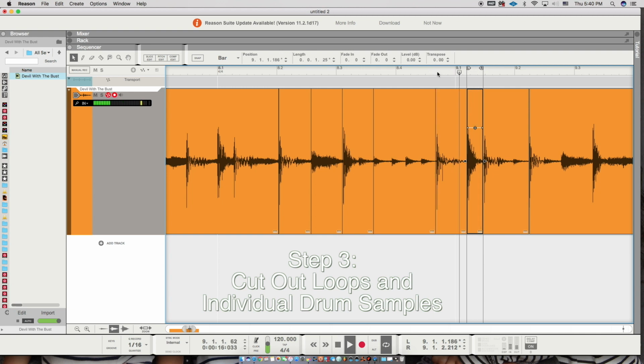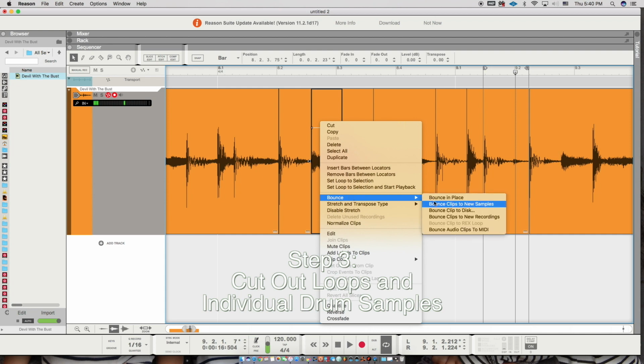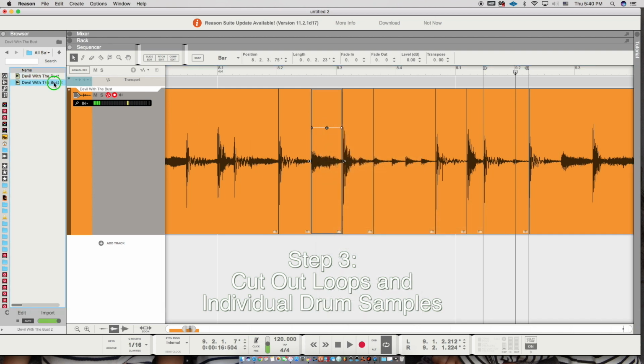Now we've got a kick right here that I also want to sample. Let's hear that as a loop. Alright, so we're going to take all of these pieces and individually bounce them. I'm going to start with this open hi-hat,